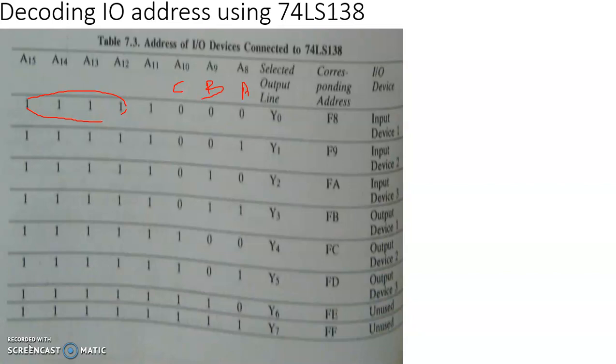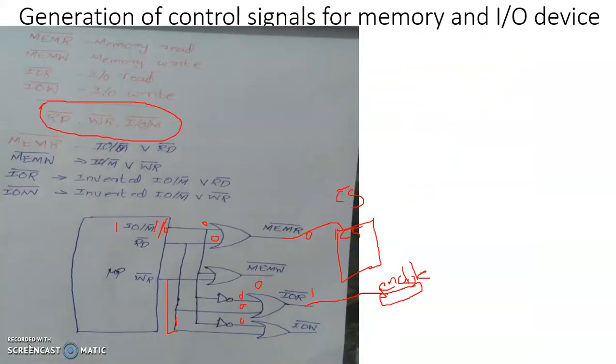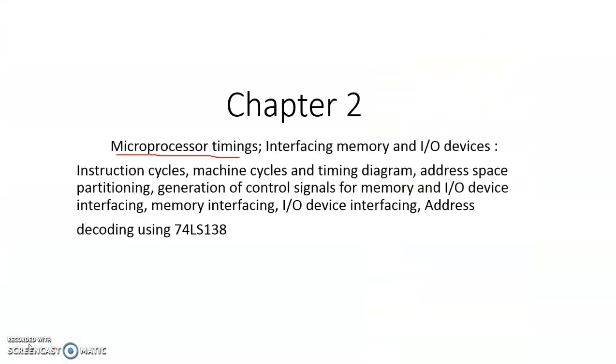With that we come to an end for module number 1 and 2. Though the syllabus has separated these as 2 different modules, we will be combining them as a single module: microprocessor prelims, timings and programming. From the exam point of view, microprocessor timing is very important. Of course, we will discuss the exam point of view in a live session that I propose next Monday. Find a proper time for this and we will meet.